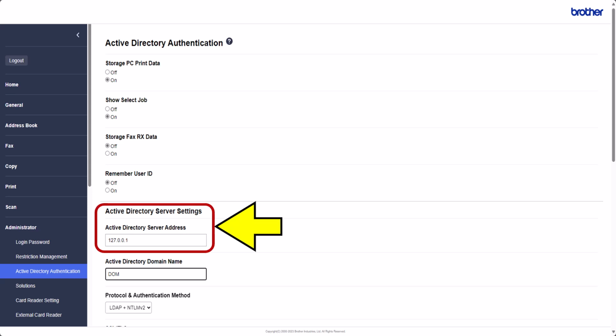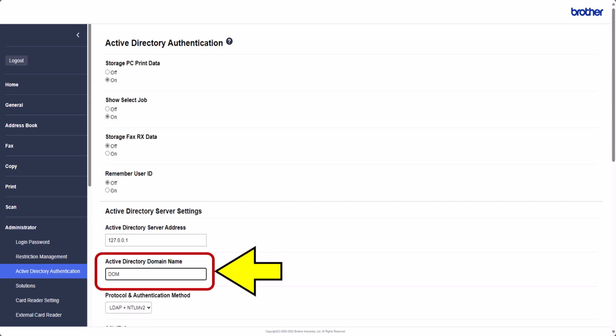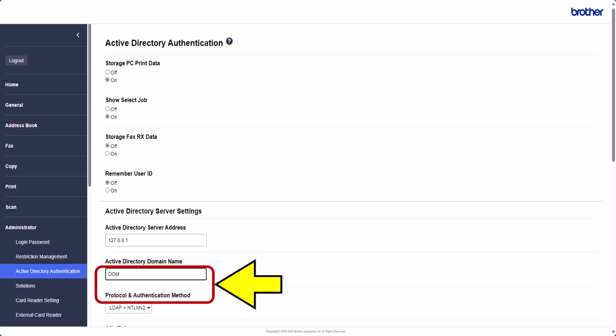Active Directory server settings. Here, depending on other settings, you will need to enter the IP address or the FQDN of the Active Directory server. Active Directory domain name. Here, you will need to enter the domain name of the Active Directory server,